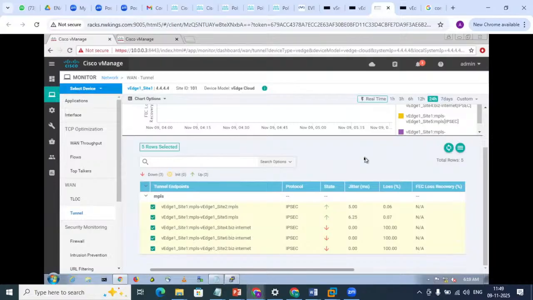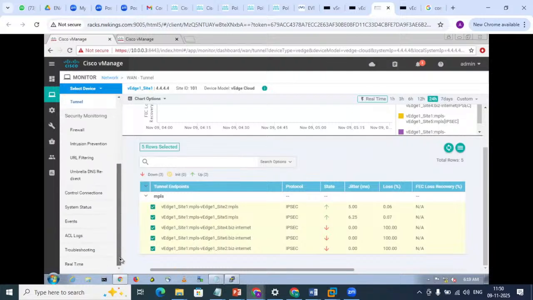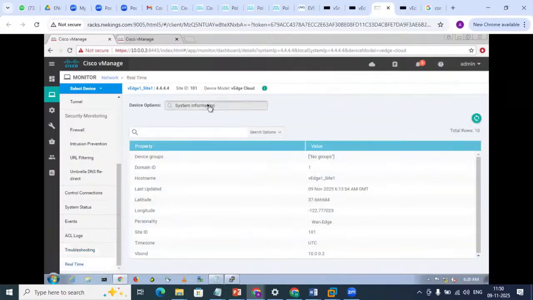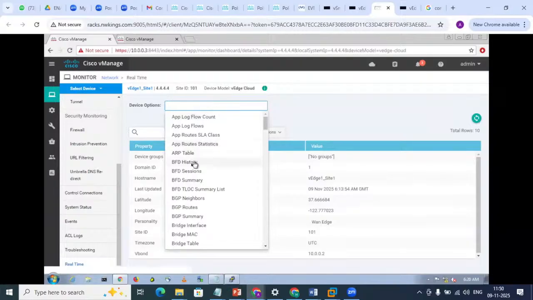Okay. So most of the troubleshooting, we do from here itself, and we have the option to execute all these commands from here also. That's what we use when we do troubleshooting. We can view it in real time. What are the commands we wanted to execute? BFD history, BFD sessions, BFD summary, BFD T-log summary. These 4 commands are the only ones there. Right? So BFD sessions,